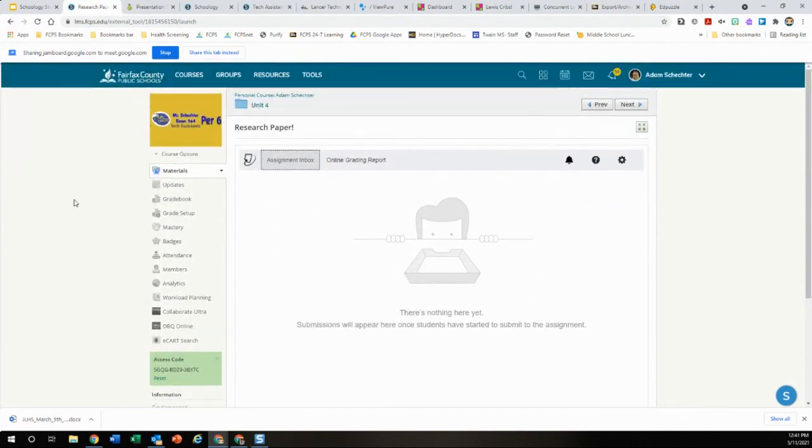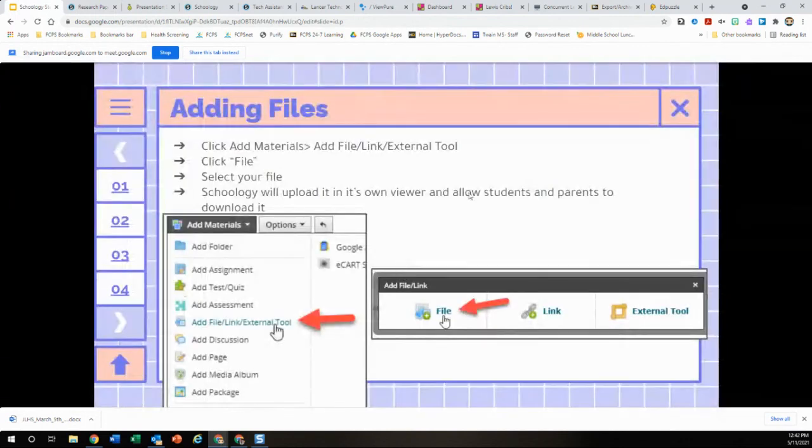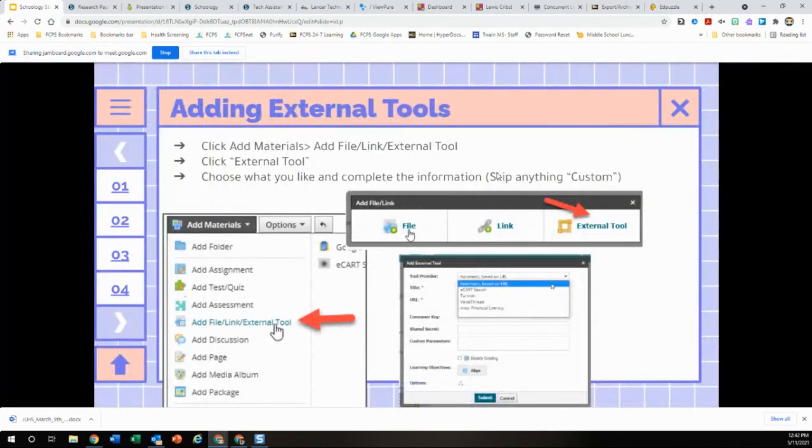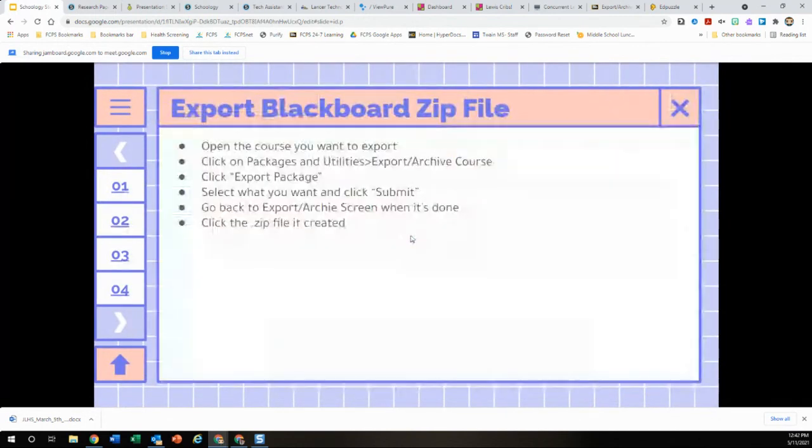For which we have a countywide account. So if you're doing any kind of research work where you want to make sure that academic honesty is preserved, you can use Turnitin in your class. Okay. External tools, yep. All right, as far as Blackboard goes,